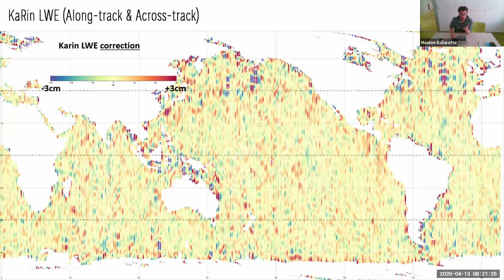So in terms of structure at global scale of this long wavelength error estimation or correction that we estimate with MIOST, here you have SWOT tracks that are aligned vertically over one cycle, and the color represents this long wavelength error estimated for the Karin instrument. The color bar is between minus and plus 3 centimeters. So what we can see from this picture is that you have strong